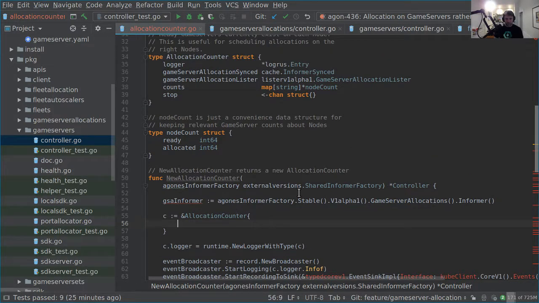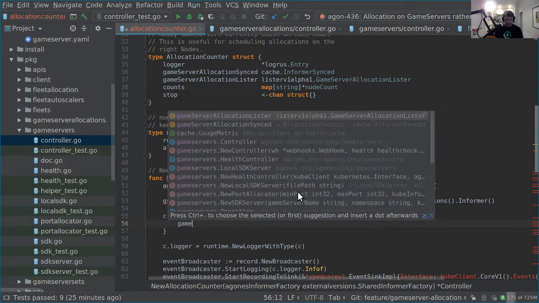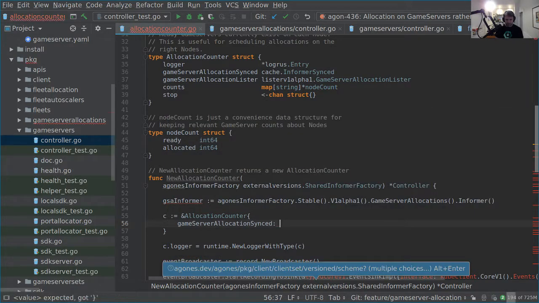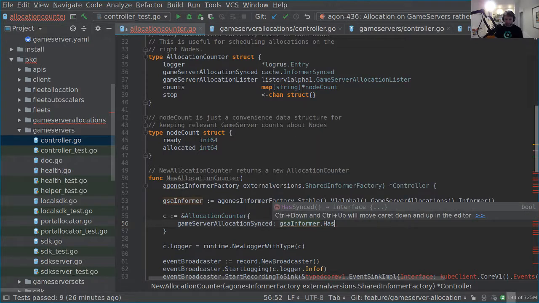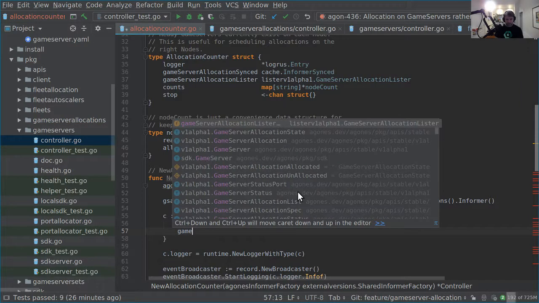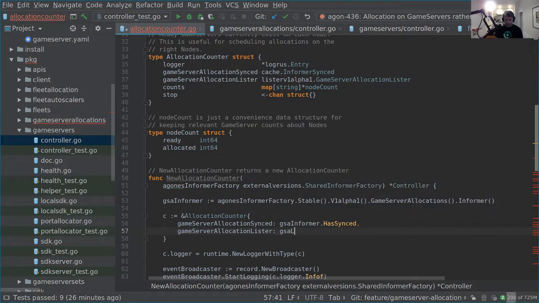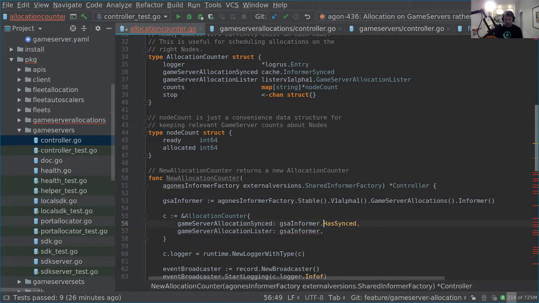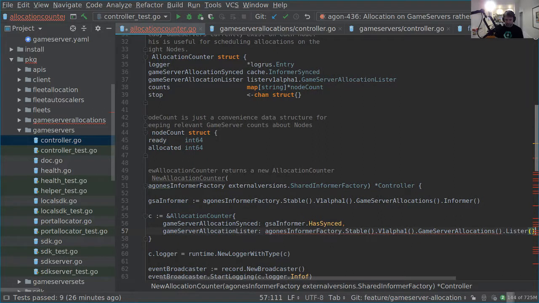And where are we? So logger is going to be done. Game server allocation synced will be GSA informer dot has synced. So that's fine. That's a function that enables us to get like the latest cache version. Game server allocation lister will be GSA informer dot. Oh, have I got the wrong thing? Maybe I have. Oh, I have. Bear with me one sec. So we'll do this. Dot lister,